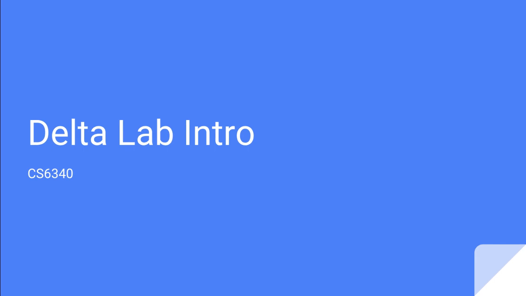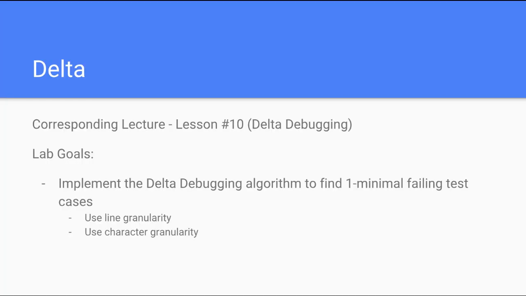Hi everyone, this is the introduction video for CS6340 Delta Lab. The corresponding lecture for this lab is Lesson 10 on Delta debugging, and you're going to be implementing the algorithm presented in the lecture, so if you haven't already watched that, I would highly recommend doing so before you attempt starting the lab. The goal of the lab is to implement the Delta debugging algorithm to find a one minimal